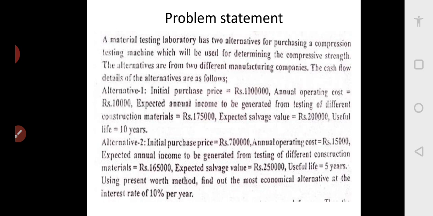By looking at it, can you tell which is the most economical? We are not able to tell. Normally a common man would think, alternative 2 is only 7 lakh rupees, we will buy this for 5 years, and let us see what happens after 5 years. The initial cost should be less; this is what we see. But now let us solve it using economic formulas so that you will understand it in a better way.